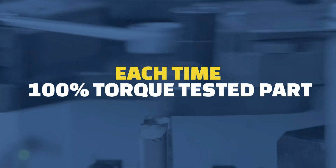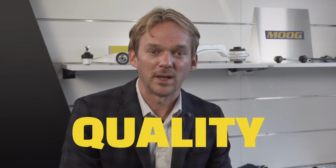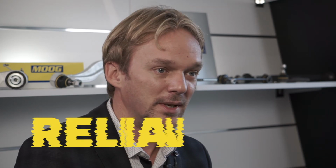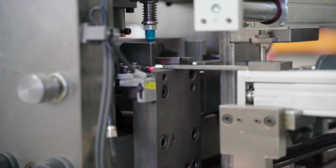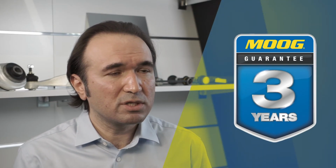At MOOG, the customer gets, each time, a 100% torque tested part in the box. This ensures compliance with quality standards and the highest level of confidence in the reliability of our parts. Overall, the technology innovations and quality-led systems of our European site are key factors that allow us to confidently offer a 3-year warranty for the peace of mind of end users who rely on our brand for the safety of